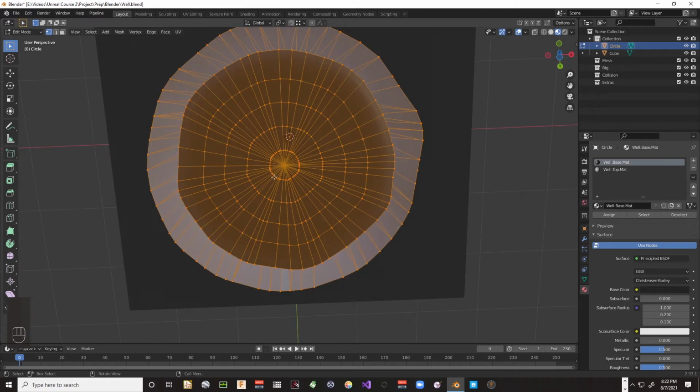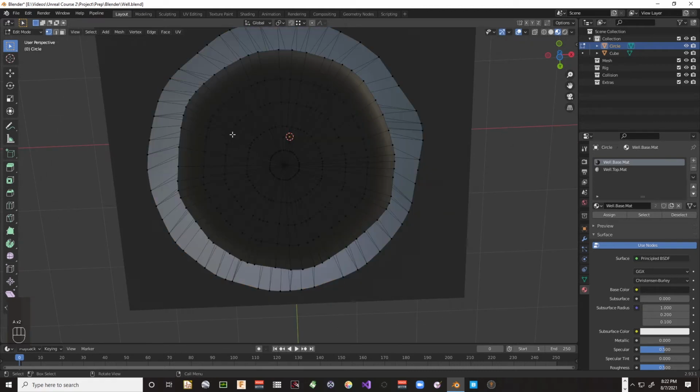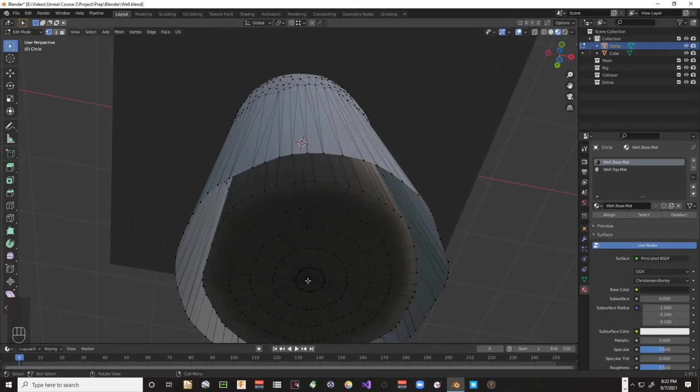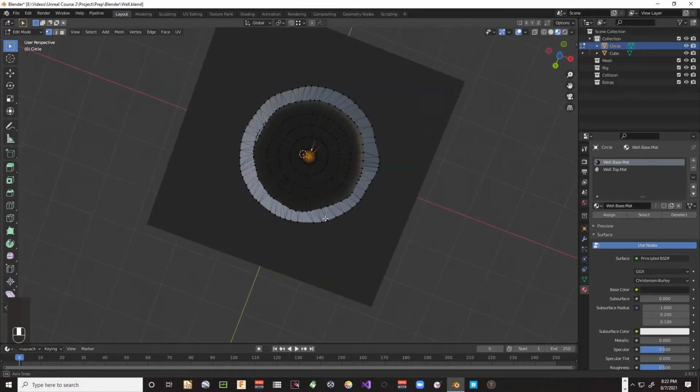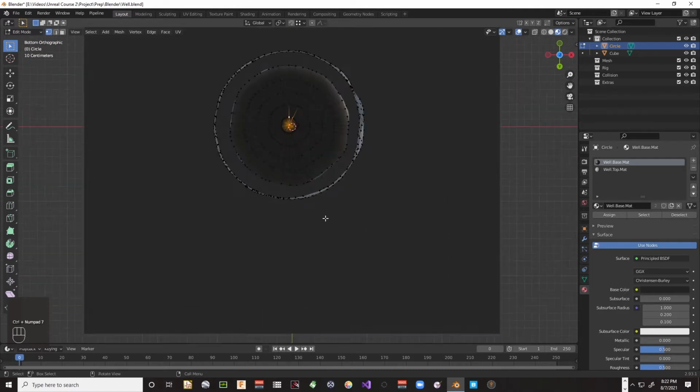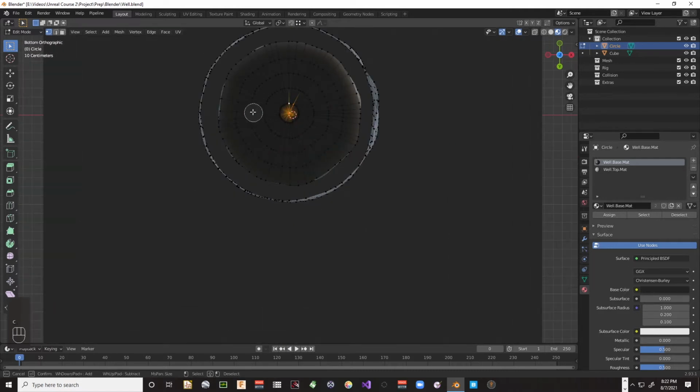And I want to deselect everything, and I want to select all of this bottom. So let's go to Shift Control 7 here at the bottom, circle select, and we'll get this whole, actually I'm going to go to face mode,